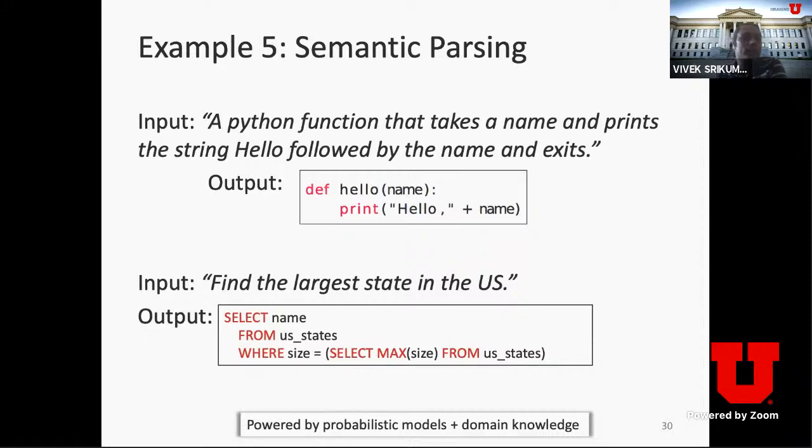When I say our systems, I mean your virtual assistants and all these things. When you tell a virtual assistant that's not going to be named right now because it will wake up, if you tell it to play some music after checking my mail, it has to execute a sequence of steps. In other words, it has to convert it into a program. Or I can say, tell me the largest state in the US and also text the name to my friend. So it has to convert that into a sequence of steps. And once again, essentially what these things are explicitly or implicitly doing is some sort of semantic parsing.